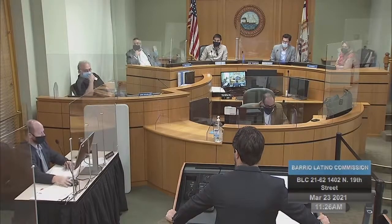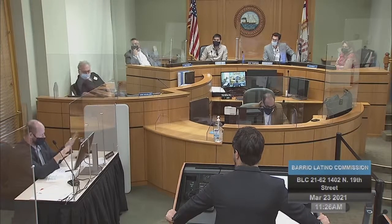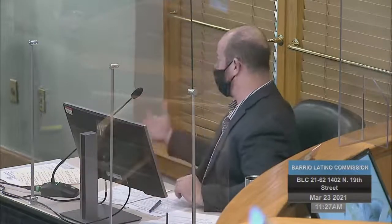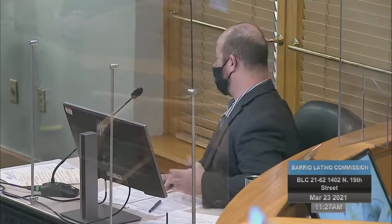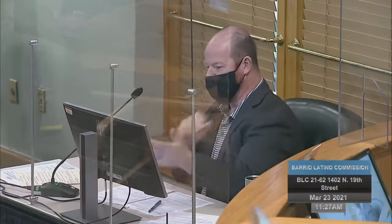Well, I think if we look at this, there's really 6 parts to this, and some of it we have action on, some of it we don't. The contributing structure, I think the renovation work there is fine. I like the renovations to Wing B and changing that up, and I'll probably bring legal in for some questions later of, what kind of motion are we actually making here? What are we wrapping in with Wing B, since it's already got a CA? Are we just saying it's okay with these mods, and then making a motion on Wing A as a new